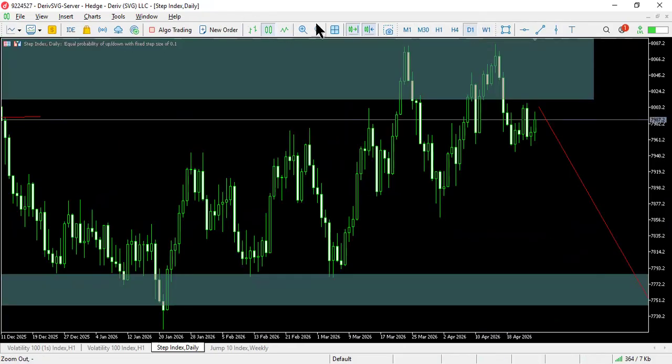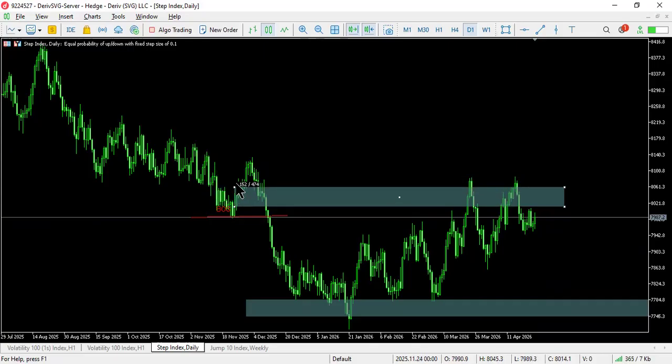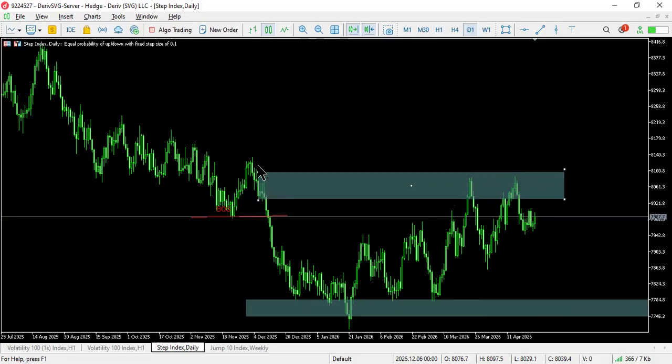Going over to the daily time frame, adjusting to the daily time frame order block, we are going to have our break of structure at that level. And then this setup, I've been waiting for it for